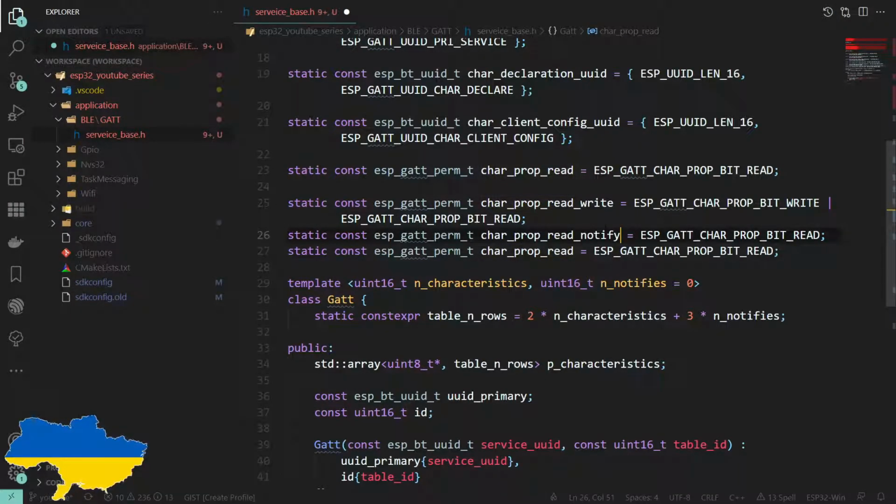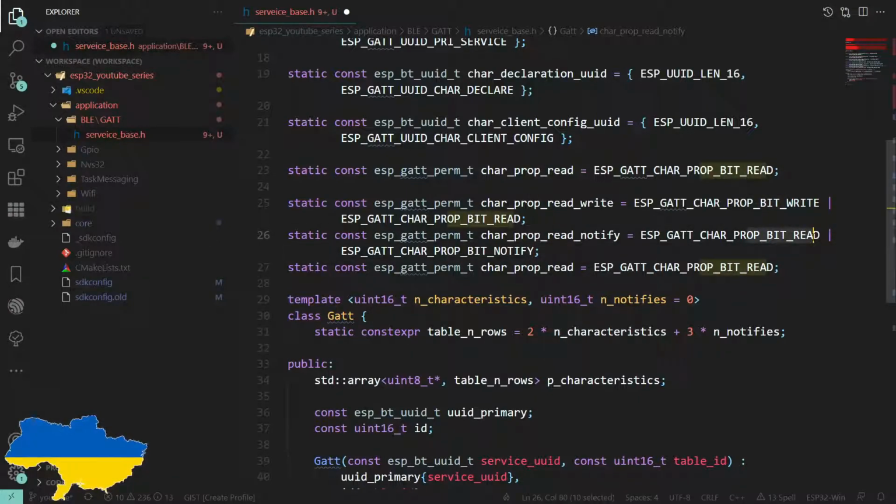This one is a read with notify, and again we can actually just OR together the read property with the notify property. I don't know if read write notify makes any sense. I've not got it in my notes here, so I've not used it, but that could be there.